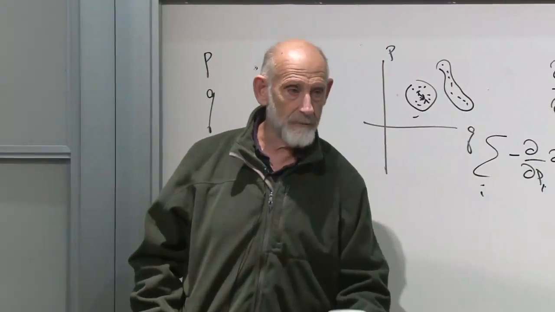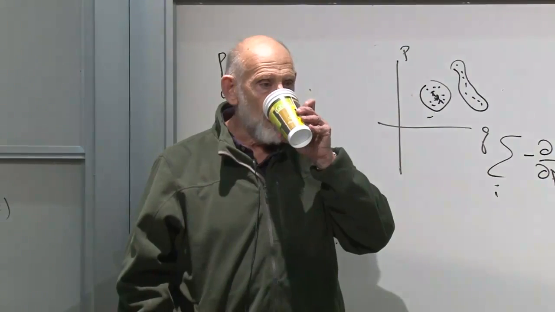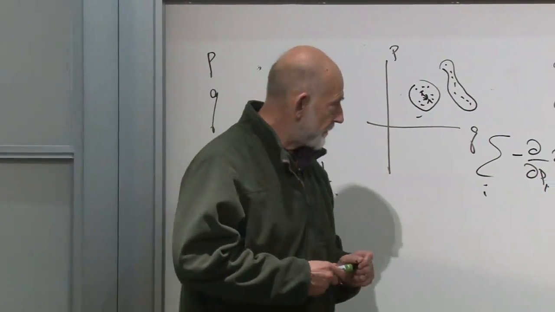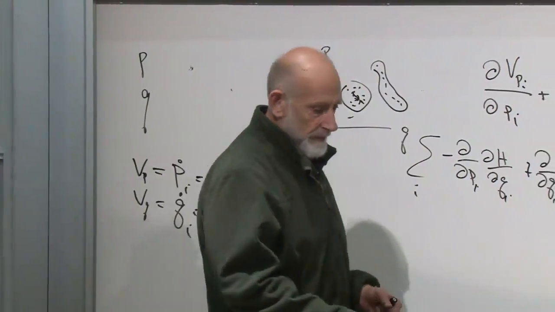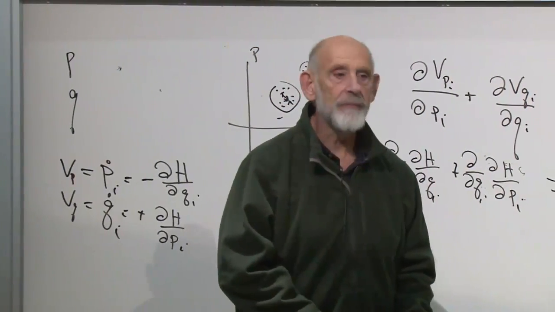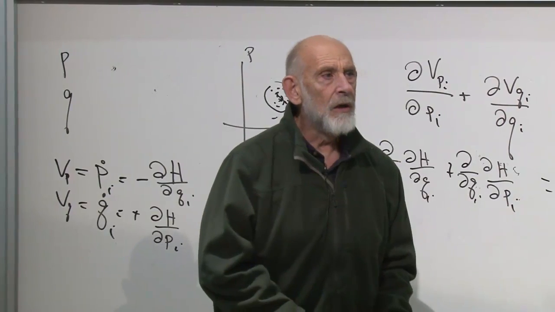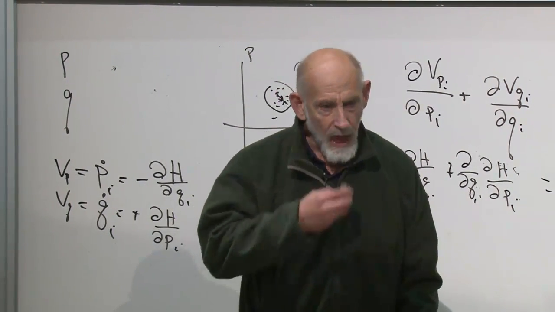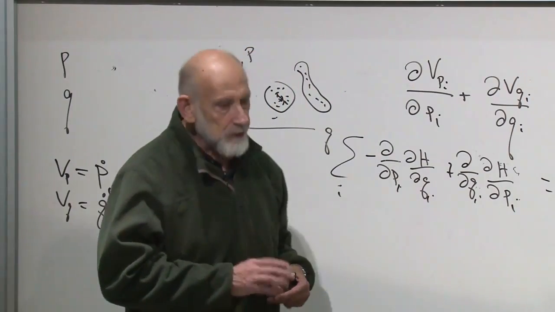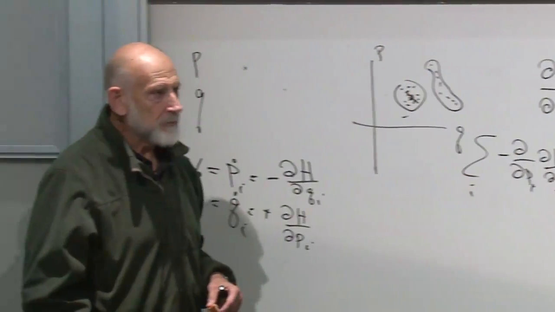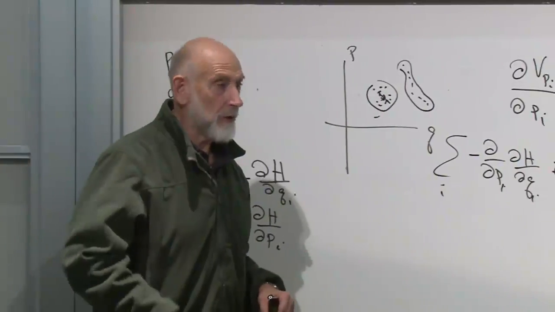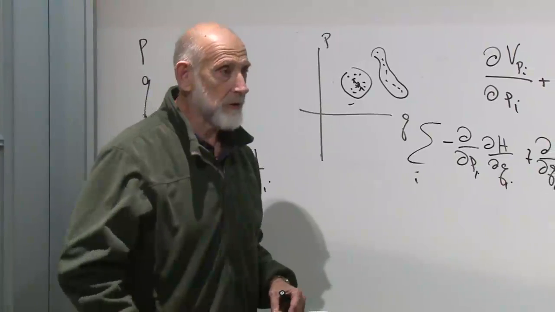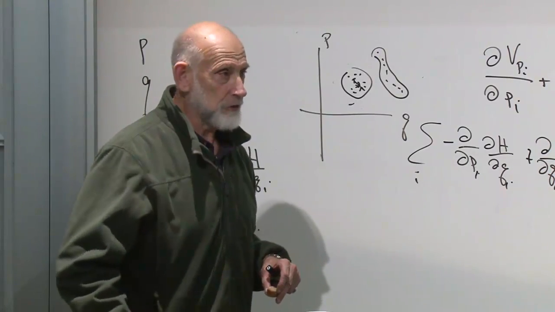A question. The expression that you've written for divergence, that's the way divergence looks in Cartesian coordinates. It is. And I assume this result is going to carry over to other kinds of coordinates? No, phase space is always thought of as Cartesian. In this sense, well, it's called symplectic. It's not really Cartesian, but Cartesian is close enough for us.